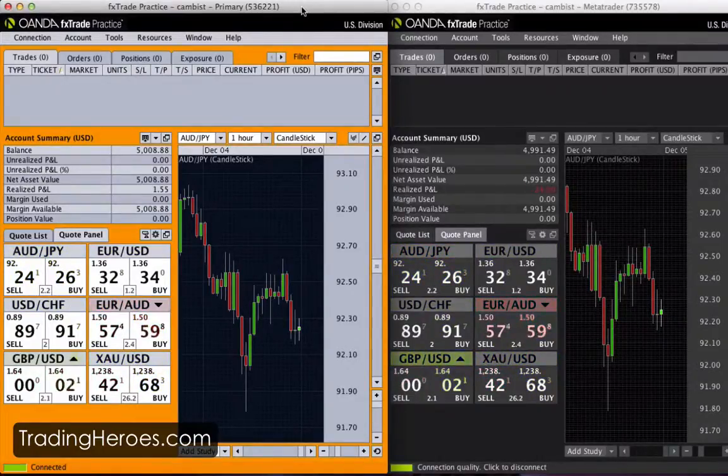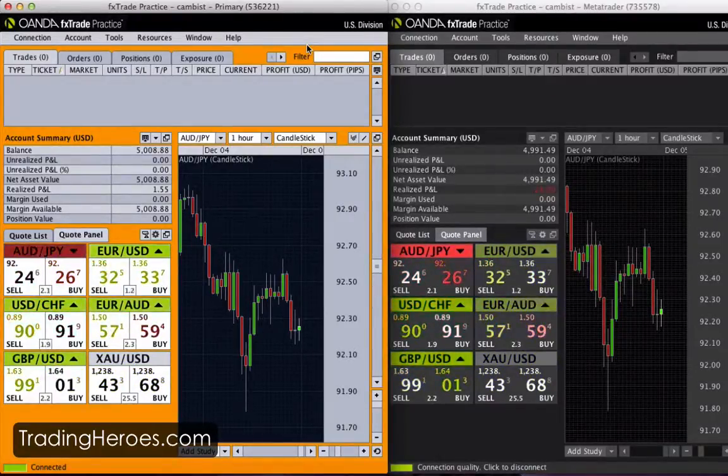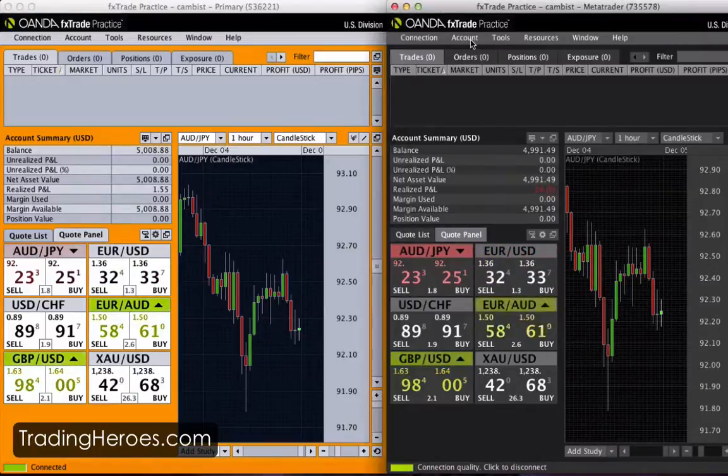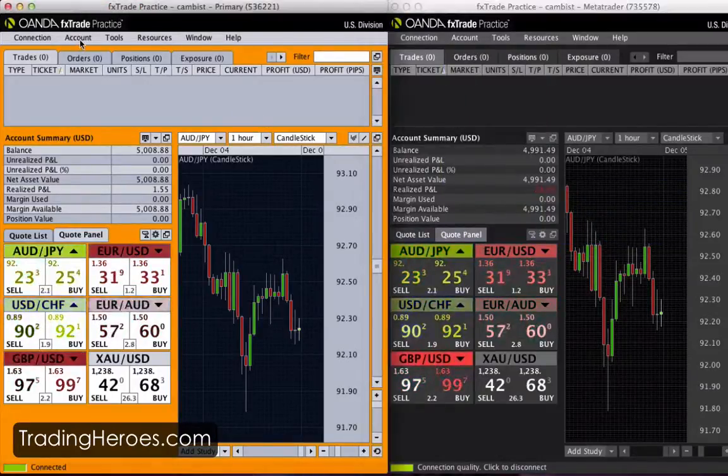First of all, I'm in a demo account. I have two different accounts with Oanda. One of them is primary and the other one is a MetaTrader account. You can call them whatever you want. And this is the hedging part. If you want to enter shorts and longs at the same time, then you can have two windows open like this. The way I do this is that I open one instance of the trading platform in Firefox and the other instance in Safari. And in one browser I have my MetaTrader account open, and in the other instance I have the